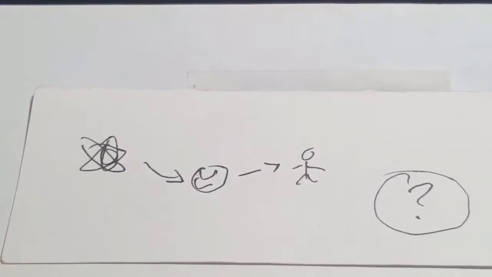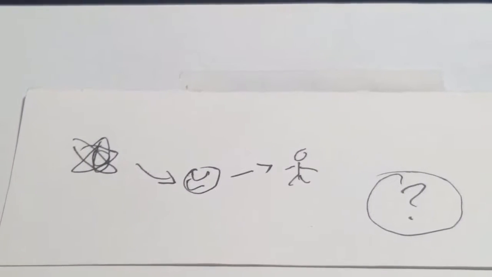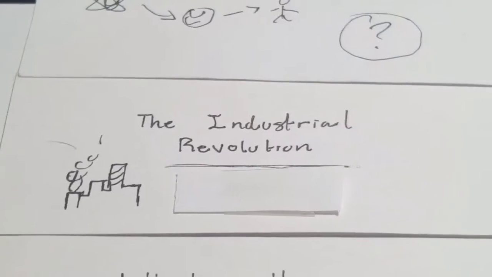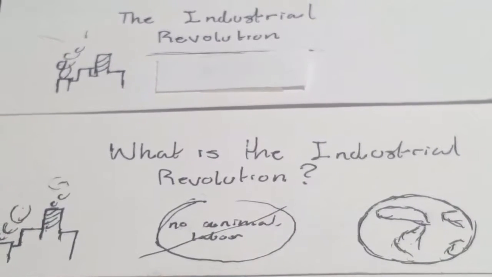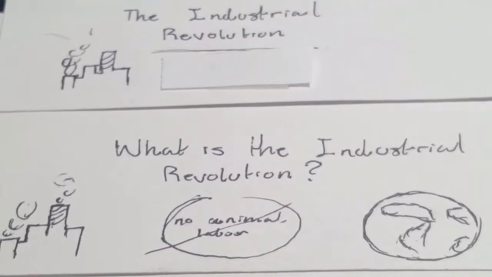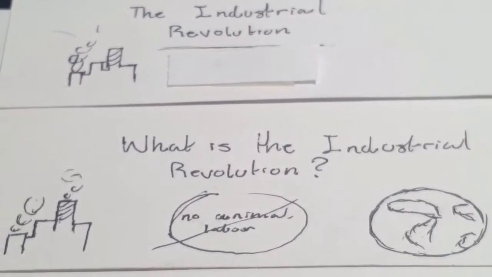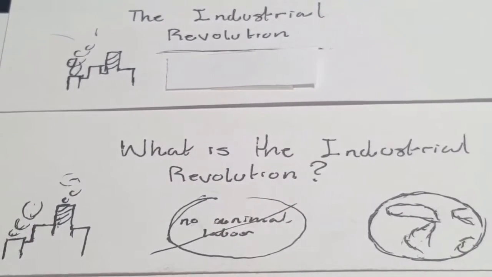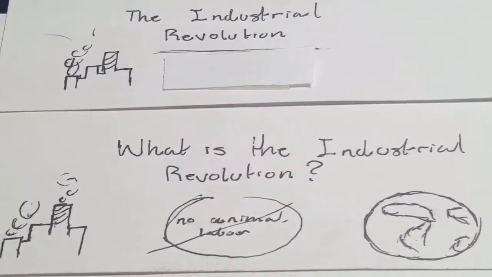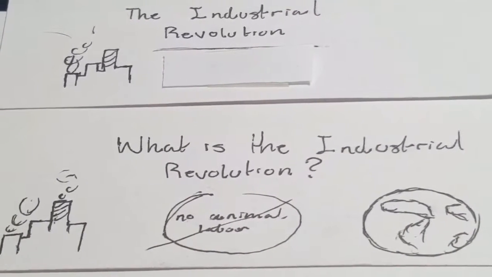After the chemical elements and the earth being created, which later had humans on the earth, which threshold came next? The Industrial Revolution. But what is the Industrial Revolution? To put it plainly, it is the era in which machines were being used to do work. This meant that people were not using animals to do labor work, or using their hands as much to make things. They let the machines do it.